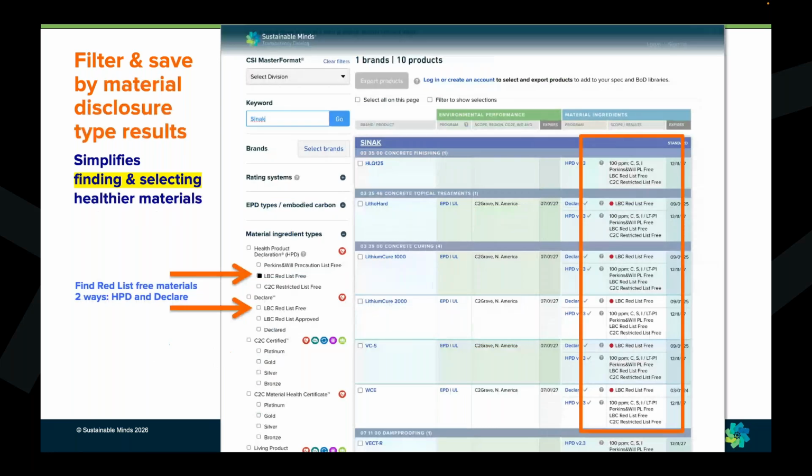Is it CDPH compliant? If it's a material disclosure, what type is it? Is it a rating system like Declare or Cradle to Cradle? Is it a straight up disclosure like the HPD? And you can see that